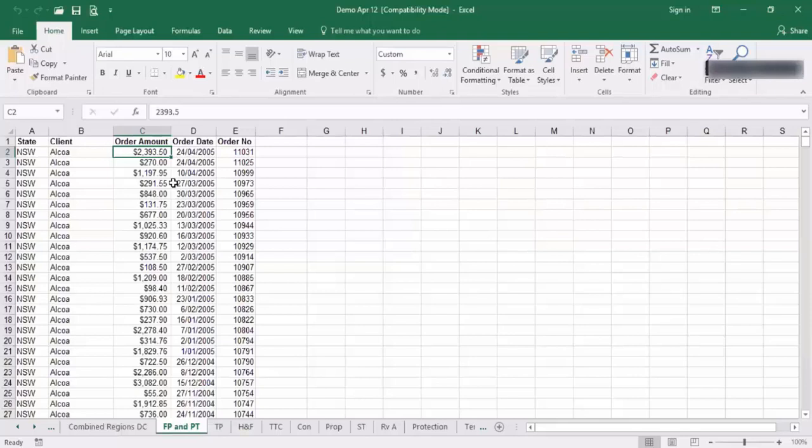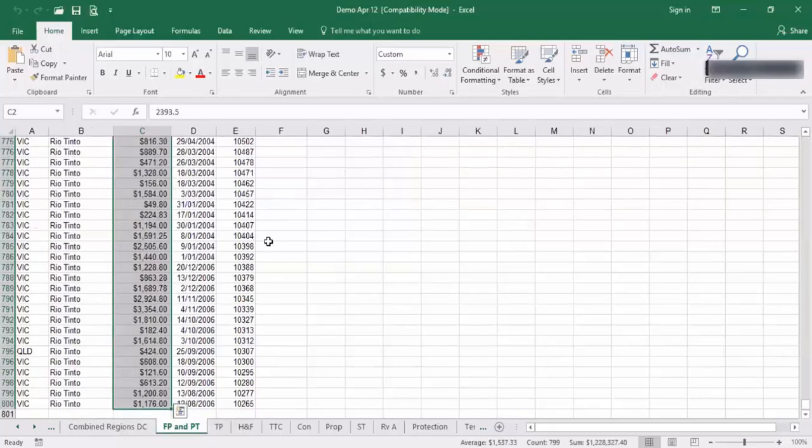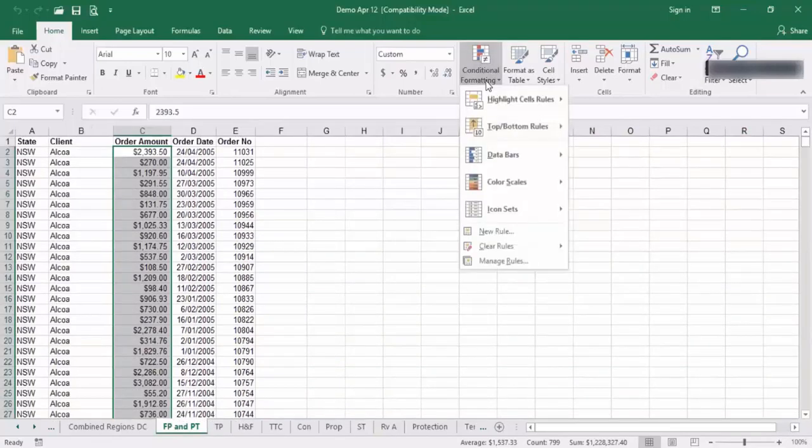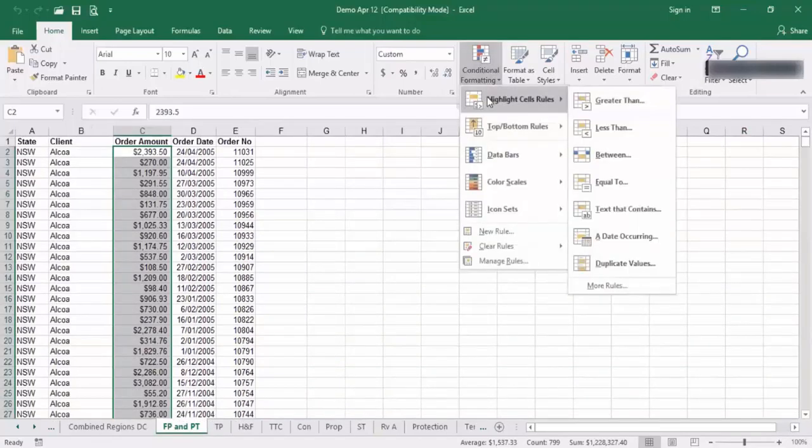So first thing I need to do is highlight the area that I want Excel to check for conditional formatting. So I'm on the first cell, not the column heading, and if I hold down Shift and Control and press down arrow, it selects all the way down to the bottom of that list of data. Now what I need to do is go to conditional formatting, and I'm going to choose highlight cell rules and